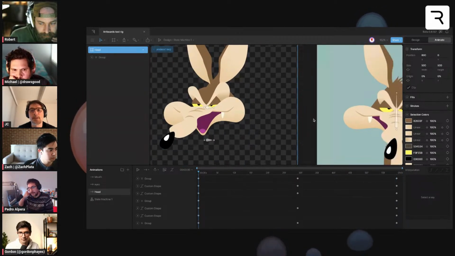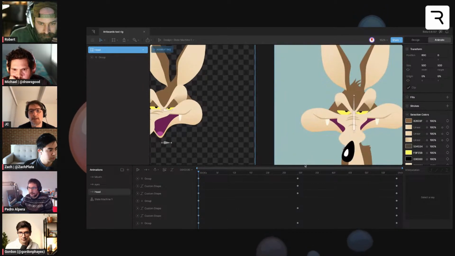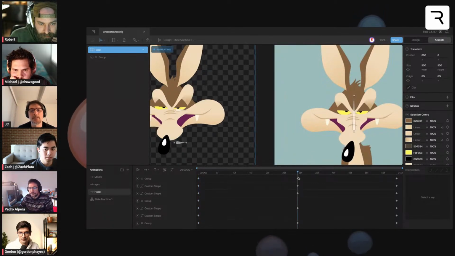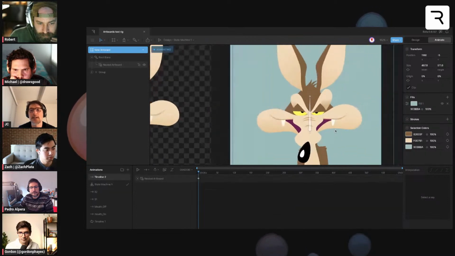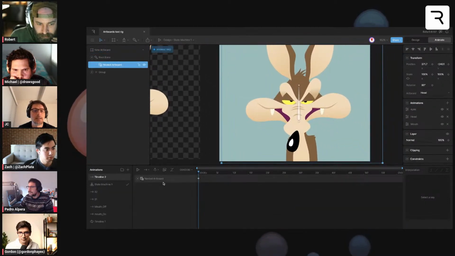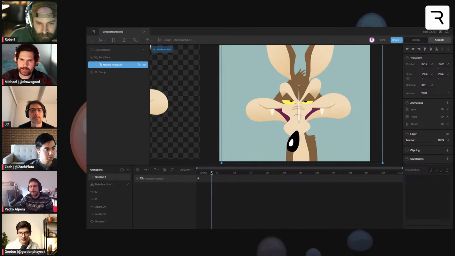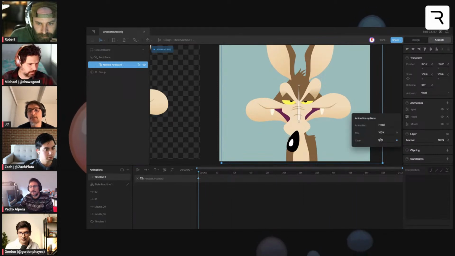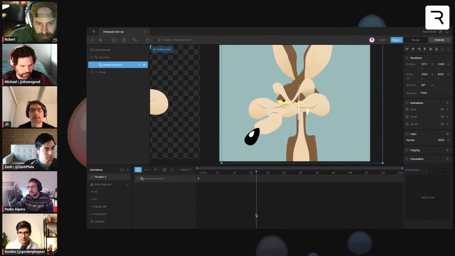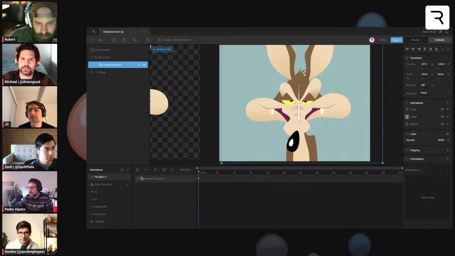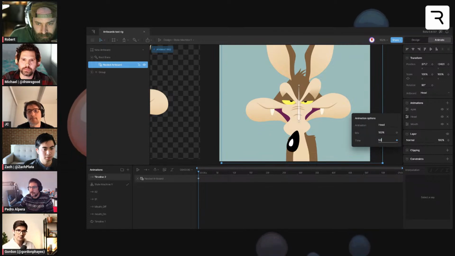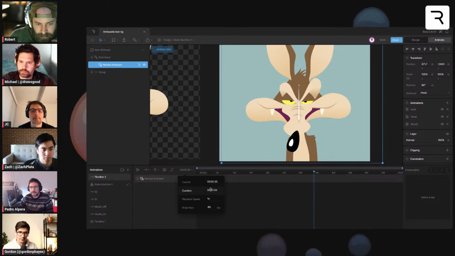If I want the head to start looking to the front, what I need is to start at 30. Here the time is 50 because it's the middle of the timeline. So if I hit play, it's in the center. If I leave the 0 here, you can see that it starts in that position.